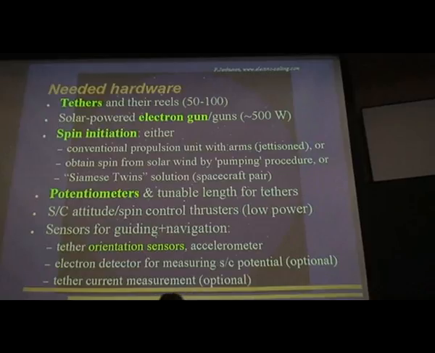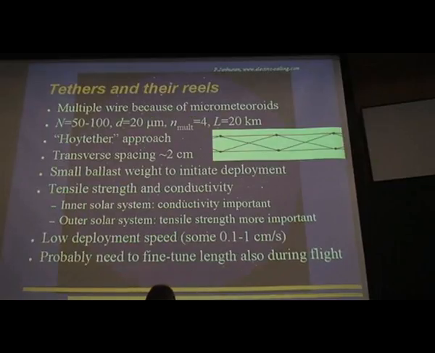Okay, I think I skipped this one. This is just a hardware list, so it's more technical. I also skipped this one. Okay, I'll just say that,